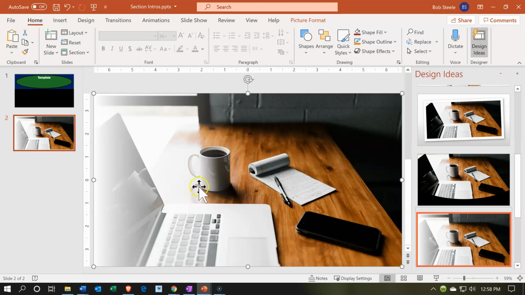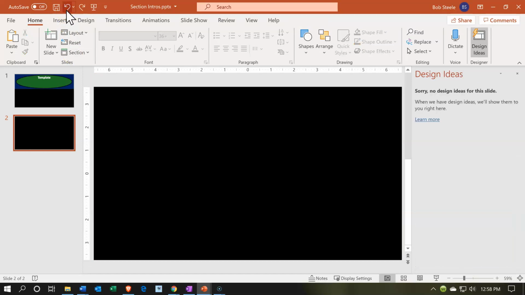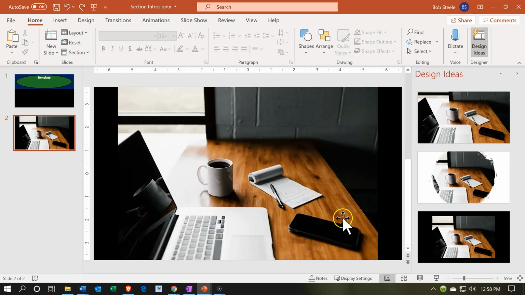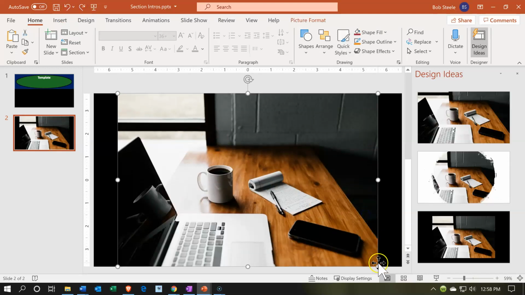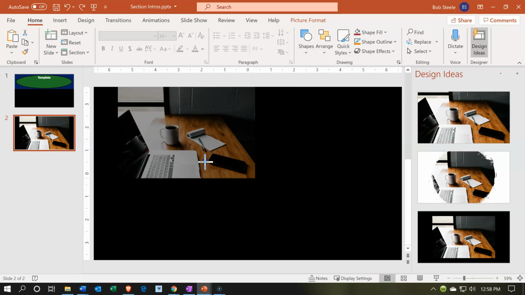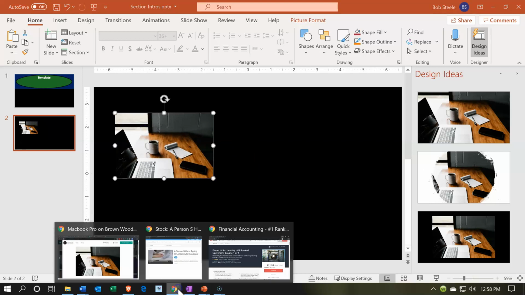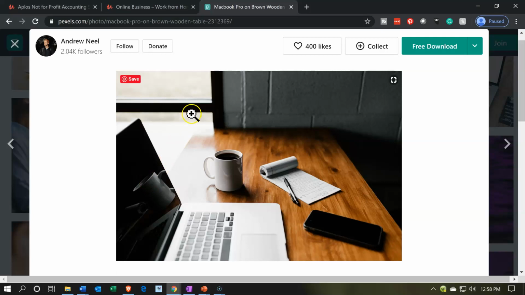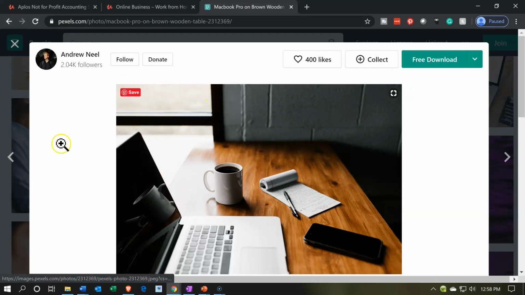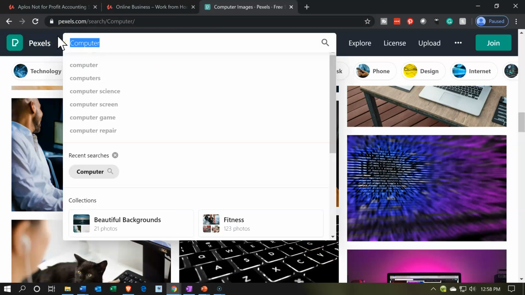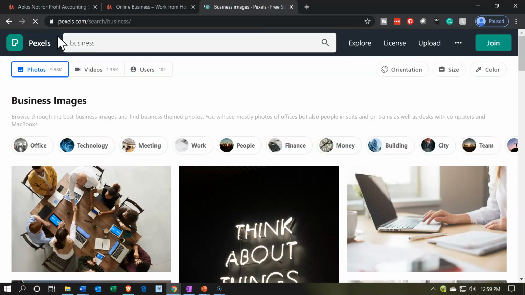I kind of like. So notice I'm going to use this format, but oftentimes I'll use 2 images. So I'm going to say, what if I did like 2 images? So I'm going to make this one a little bit smaller. And then I'm going to pick up another image, and I'm going to say, let's pick up another one. And so I'm going to go back over here, and then maybe if I try just the generic topic of business. So I'm going to pick up business